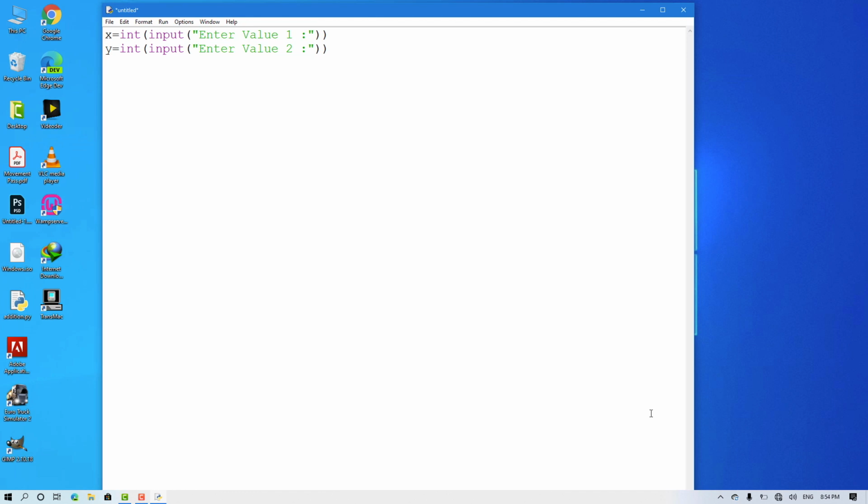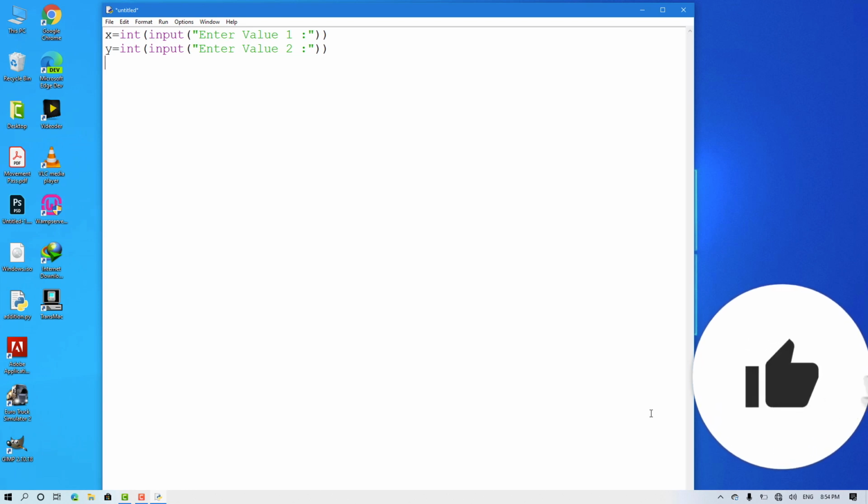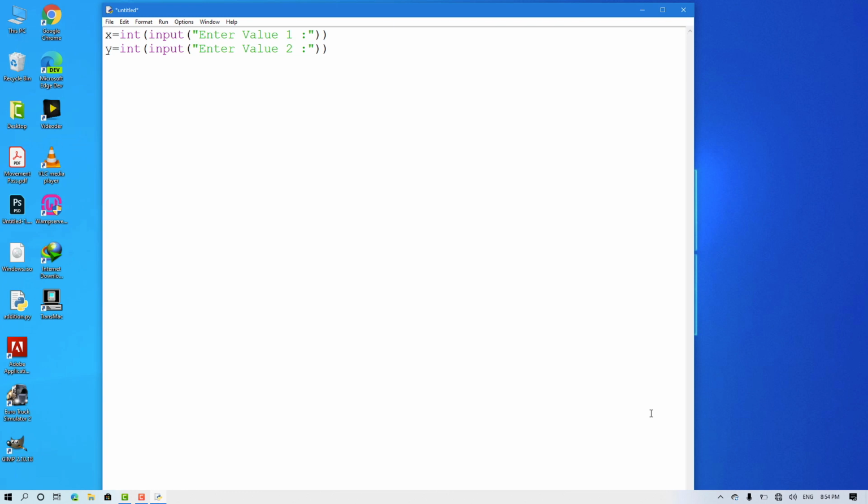In our previous example, we have given the data to the variable directly in the program itself. Now we are going to accept the values to the variable at the runtime. The benefit of using this input function is that we can enter different input values each time for the same program, so that we will get the desired output for the desired input values.